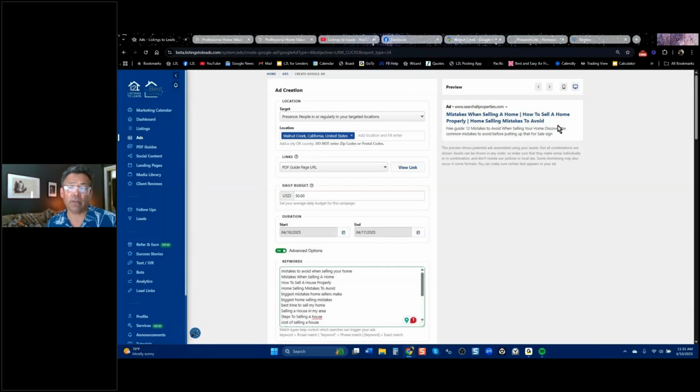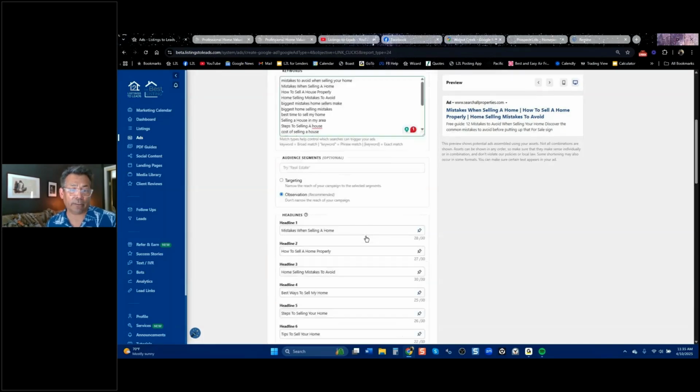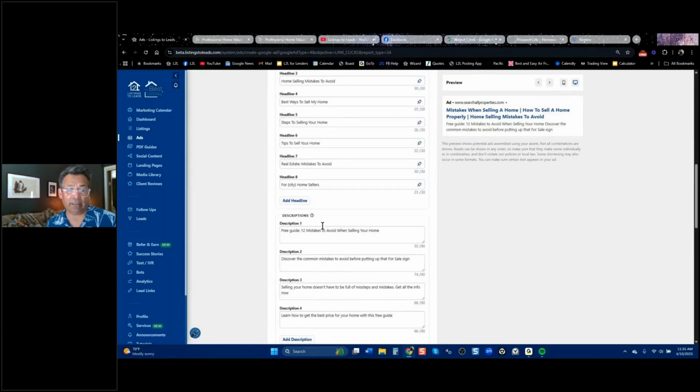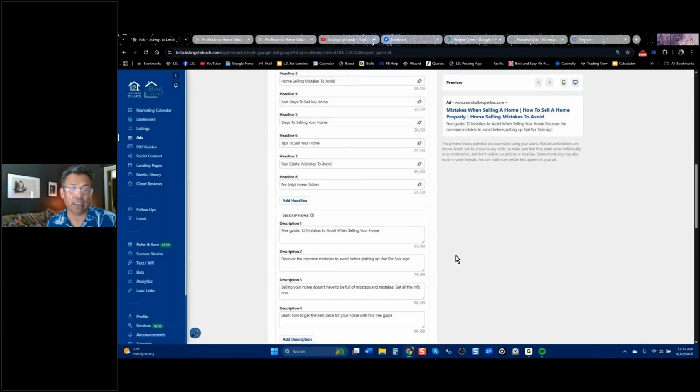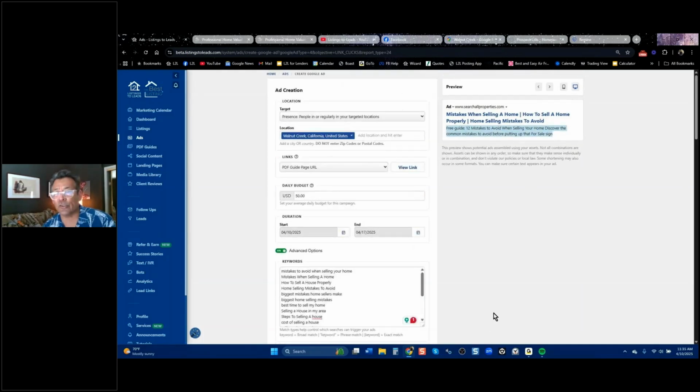You see these blue letters that I'm hovering on? Those are called headlines. You have to write a minimum of 3. We write 8. You can write your own headlines if you want. You don't have to use our software to do this, but you should be on Google. And then this section here, these are called descriptions. You have to write a minimum of 3. We write 4 descriptions. You may not know what to write, right? All we do is help realtors, so we know exactly what to write, and we keep that refreshed.